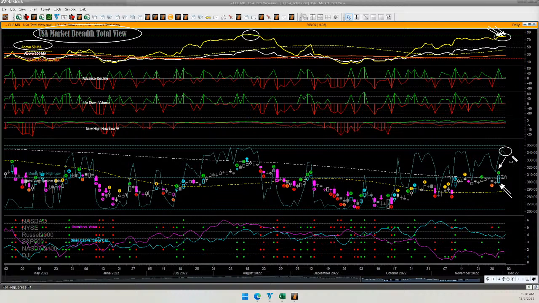Also, the 3-month new high low is approaching the overbought level. Notice it tried to reach the overbought level multiple times during this period since late October, but didn't quite hit it. Whereas here, in late July, early August, it actually hit the overbought level, and from there price came down.